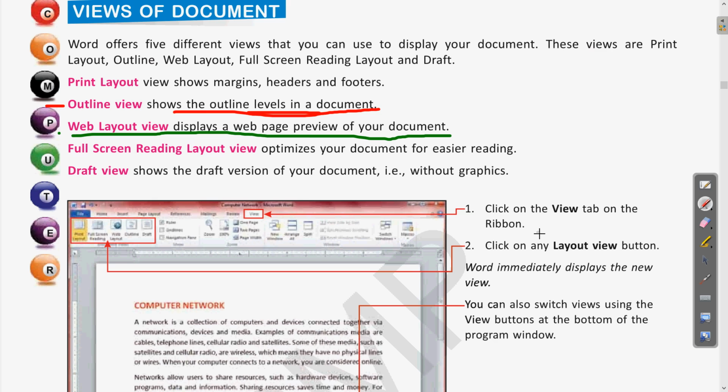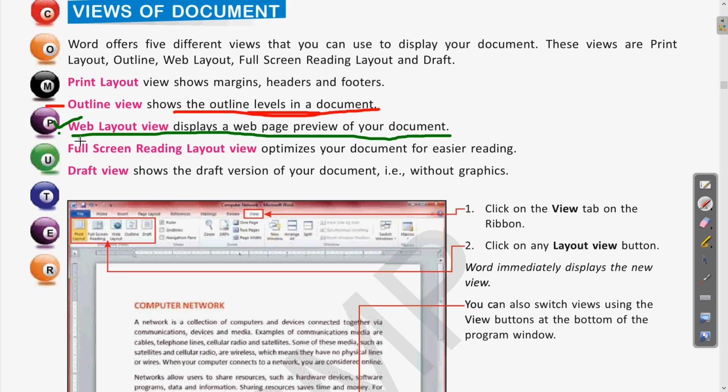That is the web layout view. Clear? It means that if any of the text which you have written is hosted on any website, appearing on any web page, you can see what its appearance will be using the web layout view.